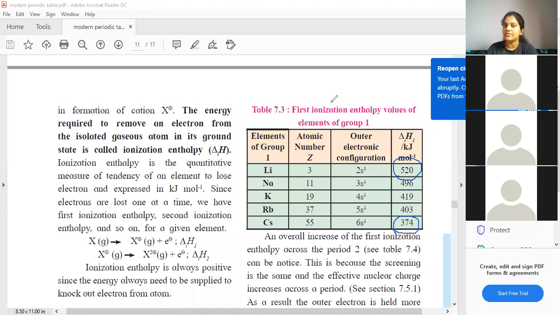Try to come up with a reason. You all have studied this concept. That is why I'm asking the answer from you all. Why down the group is my ionization enthalpy decreasing? See, ionization enthalpy कम हो रहा है मतलब कम एनर्जी लग रहा है, ठीक है. लिथियम से अगर इलेक्ट्रॉन निकालना है तो तुम लोग को 520 किलो जूल्स चाहिए, बट अगर सेशियम से इलेक्ट्रॉन निकालना है तो खाली 374 चाहिए. वैल्यू कम है. It is positive, okay, positive because it is absorbing energy. So the value is less, meaning less energy is required. So why is this happening? Why down the group is energy decreasing? Anyone?